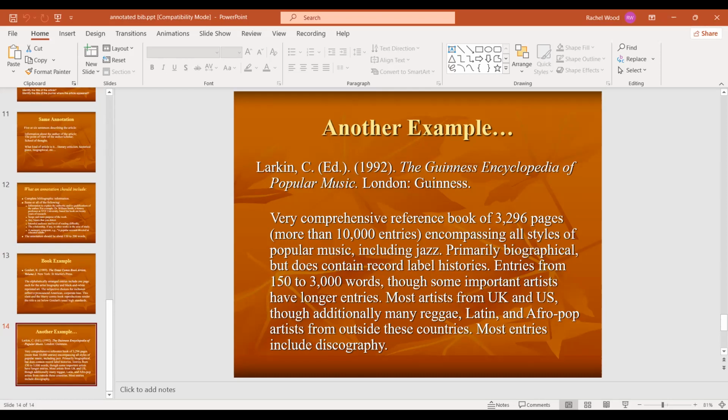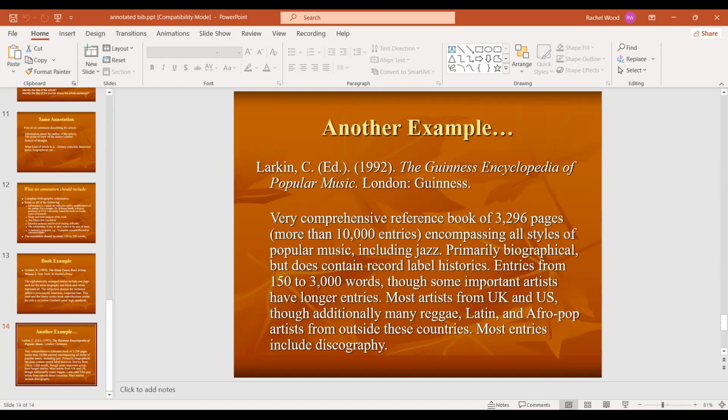And then in parentheses, you have more than 1,000 entries encompassing all styles of popular music, including jazz. So if the student is writing a paper about jazz and this has a little bit of information about it, the said student's going to pull that information out and utilize that, while at the same time annotating what this article is about. Primarily biographical,